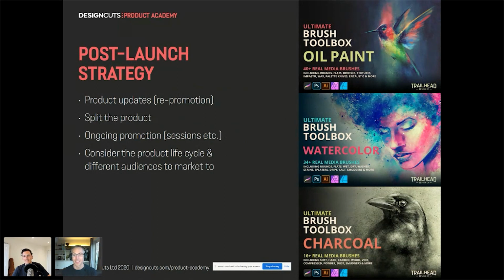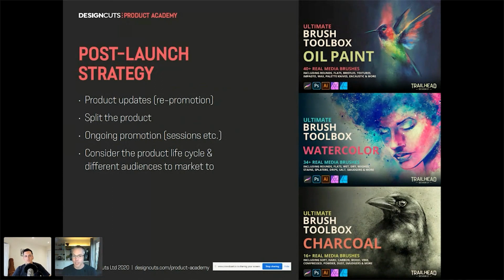You've launched the product. You don't just, well, you do kick back and have a cup of tea or a few beers. And let's face it, after the last 5 months, all of our product designers really deserve to do that. But then what you need to start thinking about is product updates so you can re-promote the product. Any tidbits or little bits and bobs where it didn't quite fit into the scope of your product, or ideas where you thought, I'll do that later on, you can then think about adding those to the product so you can re-promote it.